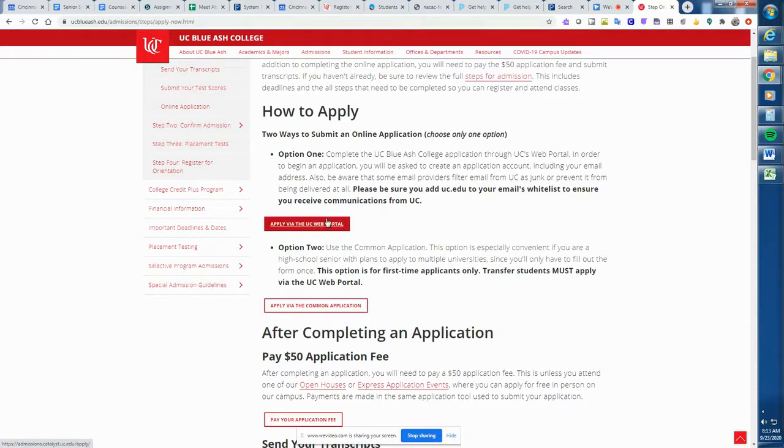But if your grades, GPA, and ACT score are a lot higher or pretty good, and I've informed you that you probably have a shot to be accepted at main campus, and you really want to pursue that, you want the bigger campus, and you think you might want to even live on campus, then this might be the application for you to do. But for today's video, I'm going to show you just the basic one to apply to UC Blue Ash specifically. You could even be a student who plans to use the Common App, but just for UC Blue Ash, you just wanted to apply using their simple application. That's fine too. So we're going to click on this,